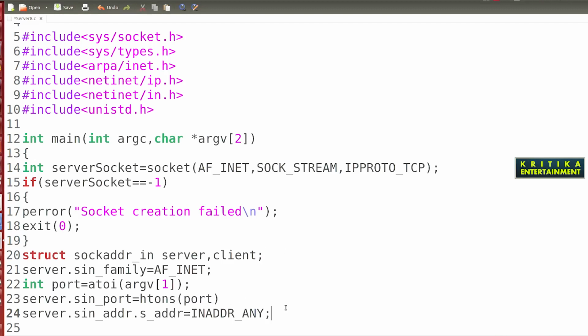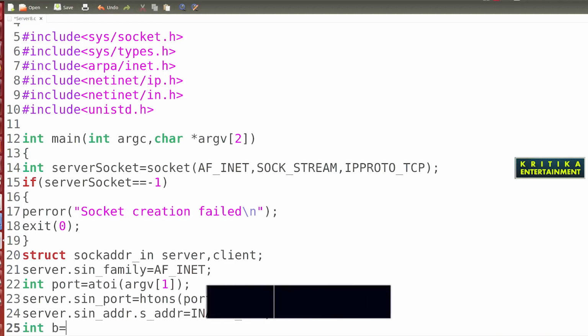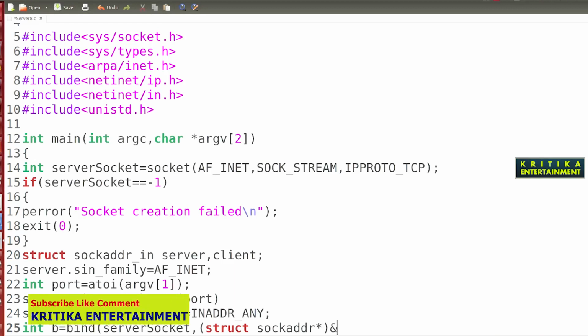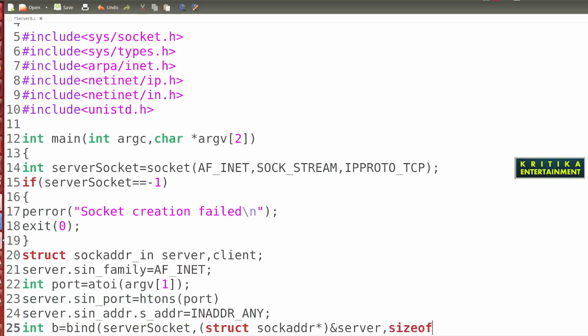Then press enter. Then make it bind: int b is equal to bind, server socket, then struct sockaddr, ampersand server, then sizeof server.